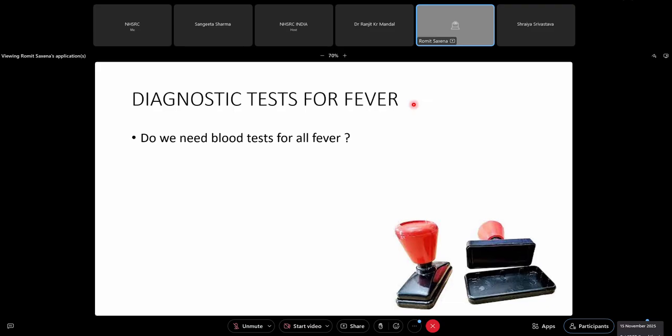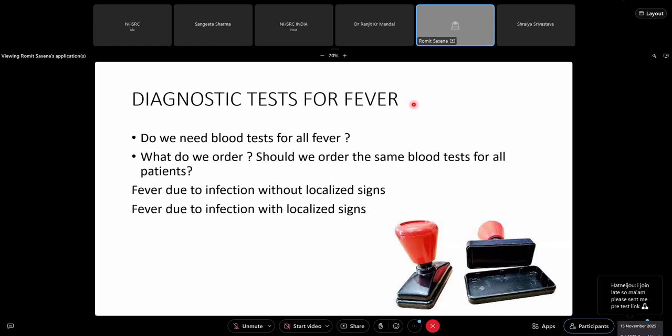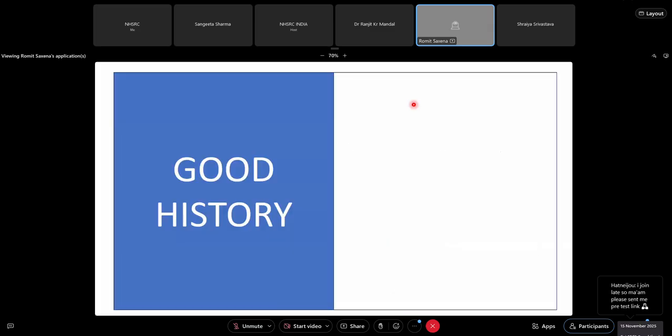Now imagine a patient comes to you with fever. The mother is obviously very anxious. My kid has high grade fever, he's not sleeping at night, he's not eating. So does it mean, as Madam had said, we have to start ceftriaxone and admit him? Do we have to start cefixime, or if not, at least azithromycin? And if not, why not order tests? So we have to understand the whole approach.